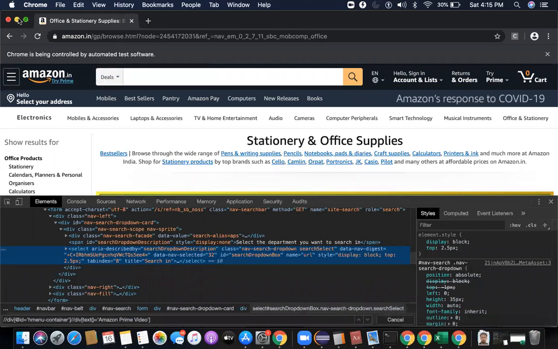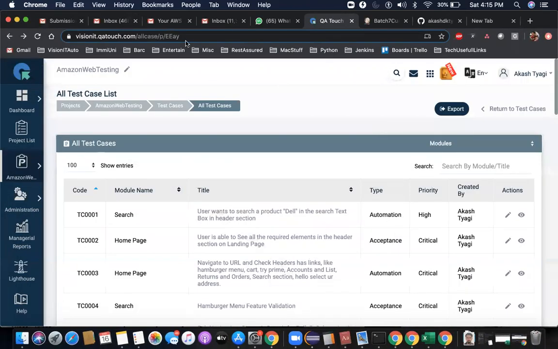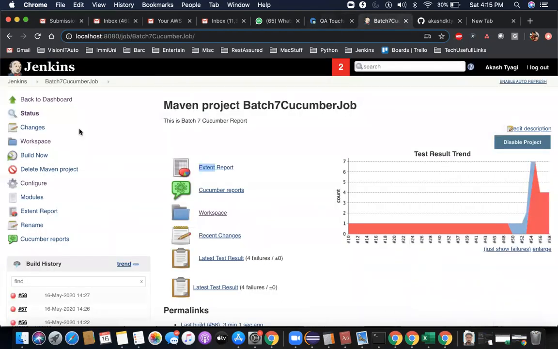I wanted to talk about Jenkins. Actually, last week Sarang and I tried to create a Jenkins instance on AWS, but unfortunately it wasn't working. I won't say it wasn't working, but it was taking too much time to configure. So I just dropped the idea, and I already had a local Jenkins. So maybe I will ask all of you to do that.